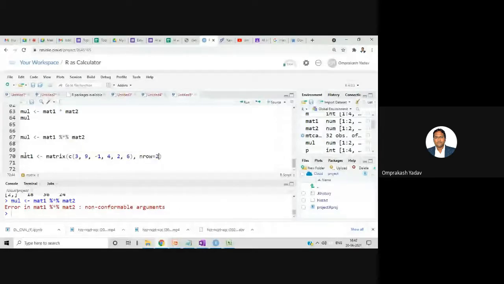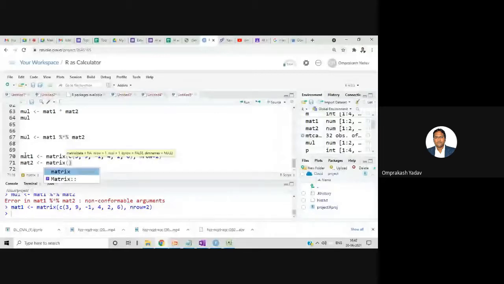So this will create matrix 1. Then matrix 2, c, 5, 2, 0, then let's say 9, 3, 4, and this time I'll say n row equal to 3.